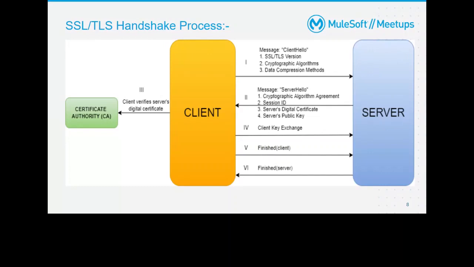As this message reaches the server, the server responds with a server hello message, and then a cryptographic algorithm agreement happens. The session ID is exchanged. The server shares its digital certificate, which it fetches from its own key store, and that certificate also contains the server's public key. Then the client key exchange happens, then the client finished message occurs, and then the server finished happens. In between, when the server sends its digital certificate,